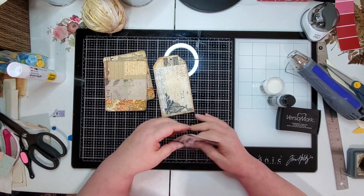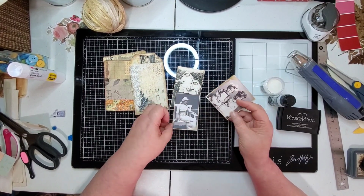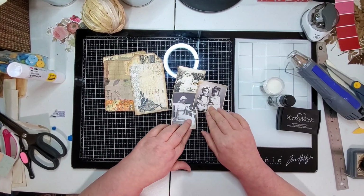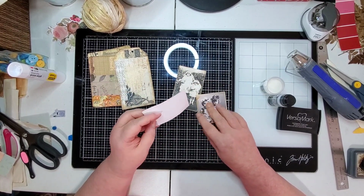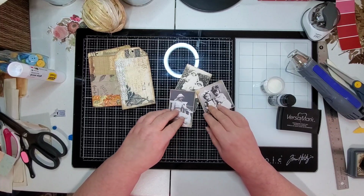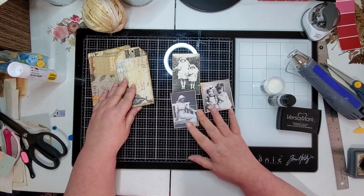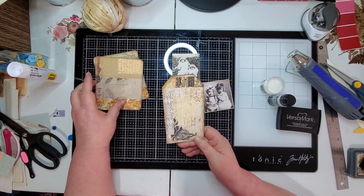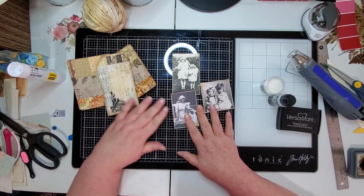here and a tag. And what I want to do, I want to put some pictures on them, but I don't have any photo paper. I just print these on some nice printer paper that I have, but I wanted them to be kind of shiny, which is weird because usually I don't want anything shiny in my junk journals, but I found this technique,